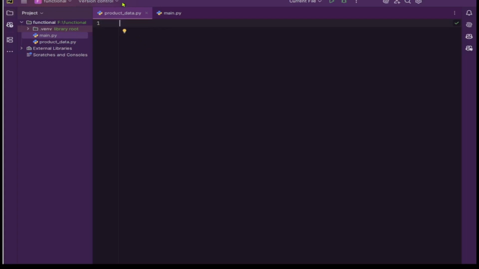I have created the project folder, which is functional, under which I have product_data.py and main.py files. In product_data.py, I'll put the products data in here so that I can import it in the main.py file. So let's begin with that. Products equals